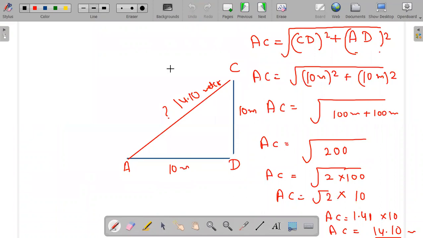Don't hesitate. First of all, remember, don't hesitate. If you hesitate, then doubts will not be cleared, and if doubts are not cleared, then you have to do very big numericals, huge numericals in the same chapter. So be clear about that. Everything is clear.